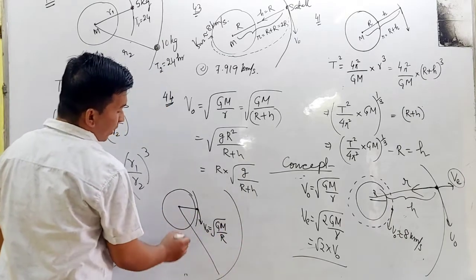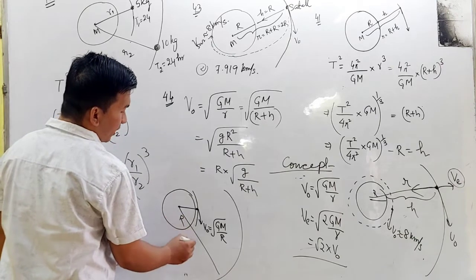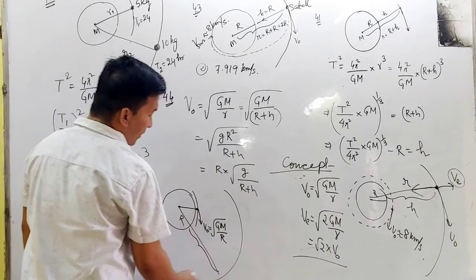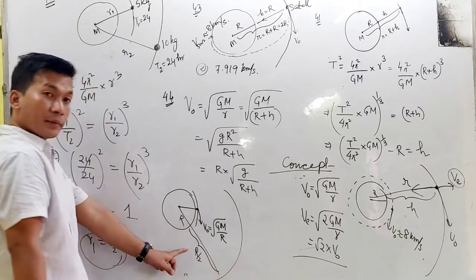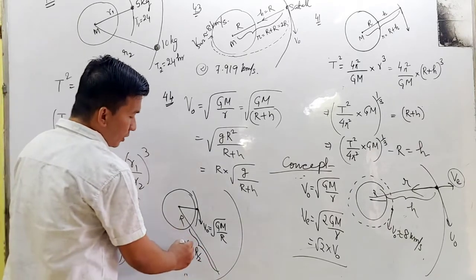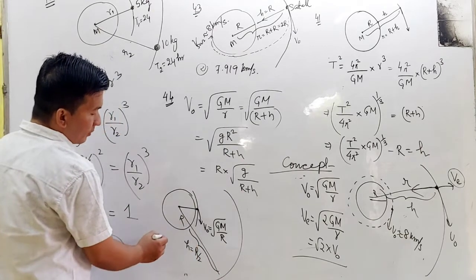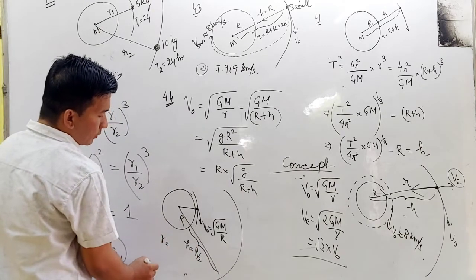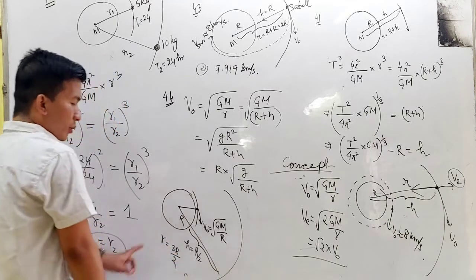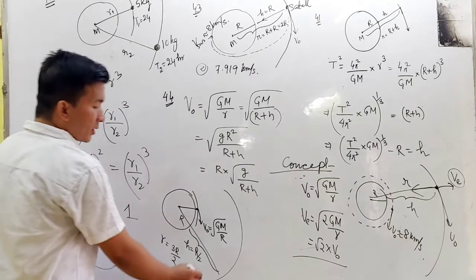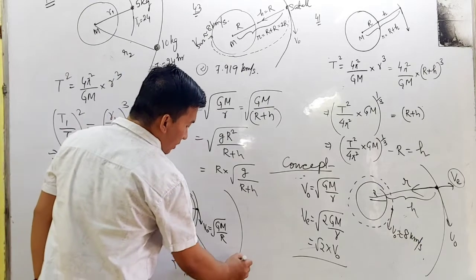Now the effective distance is R from here to here, plus the height which is R by 2. That means the small r will be equal to 3R by 2. So the orbital velocity for the satellite at this orbit